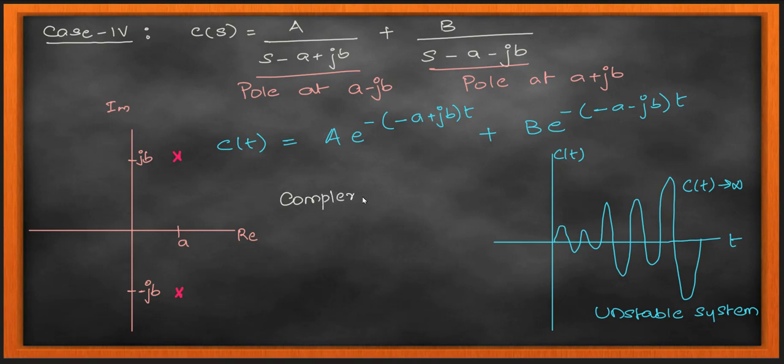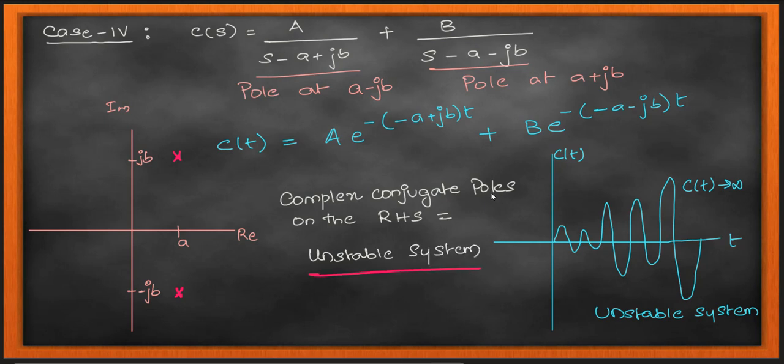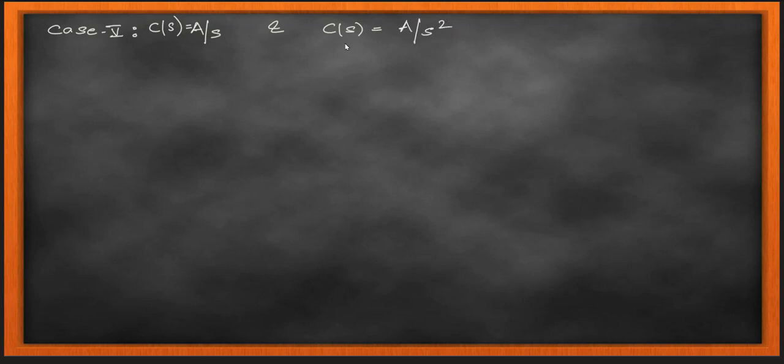So again, these are complex conjugate poles, right? Plus or minus jB we have, so that makes it complex conjugate poles. On the right hand side is an unstable system. Yes, so what we have seen with all these cases is your left hand side is the safe zone for your control system, and your right hand side is not. So it's a danger zone for your control system. You don't want your roots, meaning your poles, to be on the right side of this plane, so that you move towards instability.